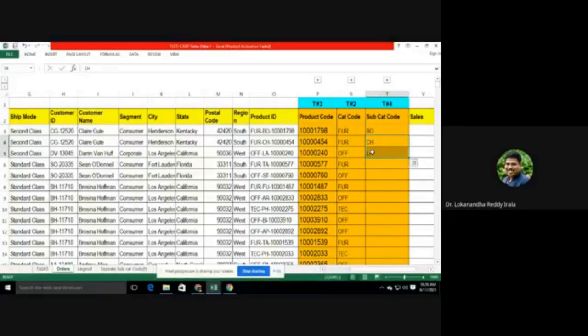So what is it that we're trying to do here? First, going from the left, we are taking out 6 characters: 3, FUR, hyphen 4, B and O, 6. So you take 6 characters out first using the left function, which you see in the bracket, left of O3, comma 6. Initially you separate FUR and BO.